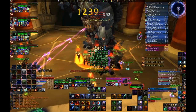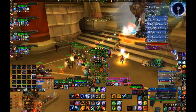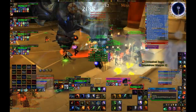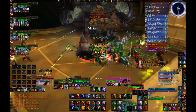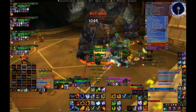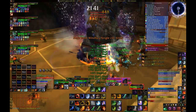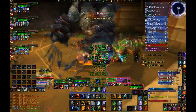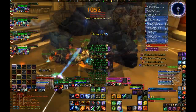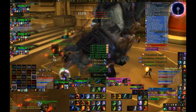lightning shield damage. The 2 piece bonus on our tier set gives us increased damage to it. Improved shields gives you increased damage to it. It's just really nice. So yeah, totally pick up static shock if you don't have it. It's great. So yeah, that's about it as far as the pros and cons versus dual wielding and using a